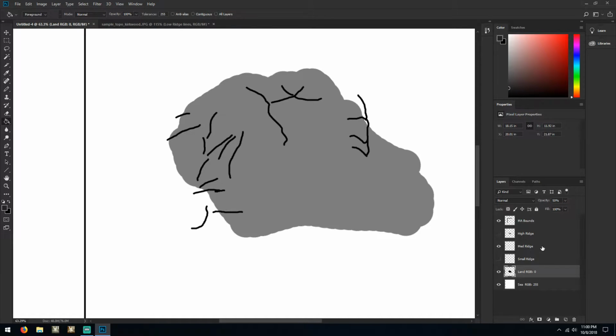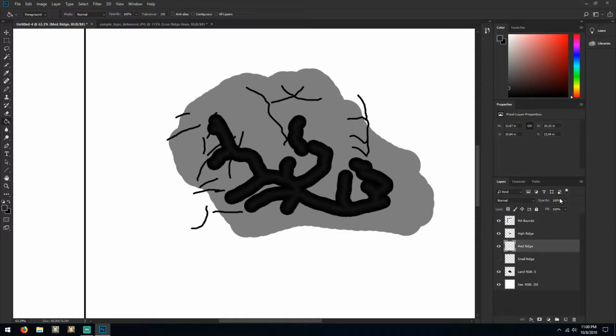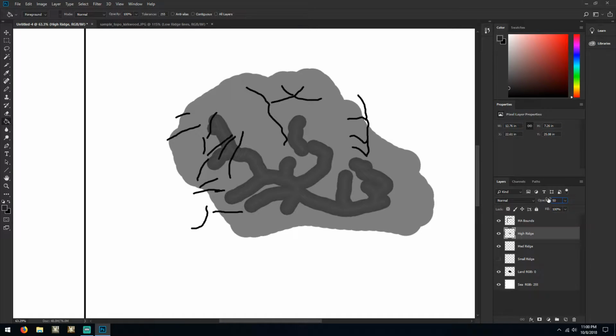Okay, so that's what we're going to do. Now we're going to get this in there. We're going to put 75, oops, I need that at 100. There it is, high ridge, I need that at 50. Okay, and then the medium is going to be at 100, and we're going to select everything, inverse selection,